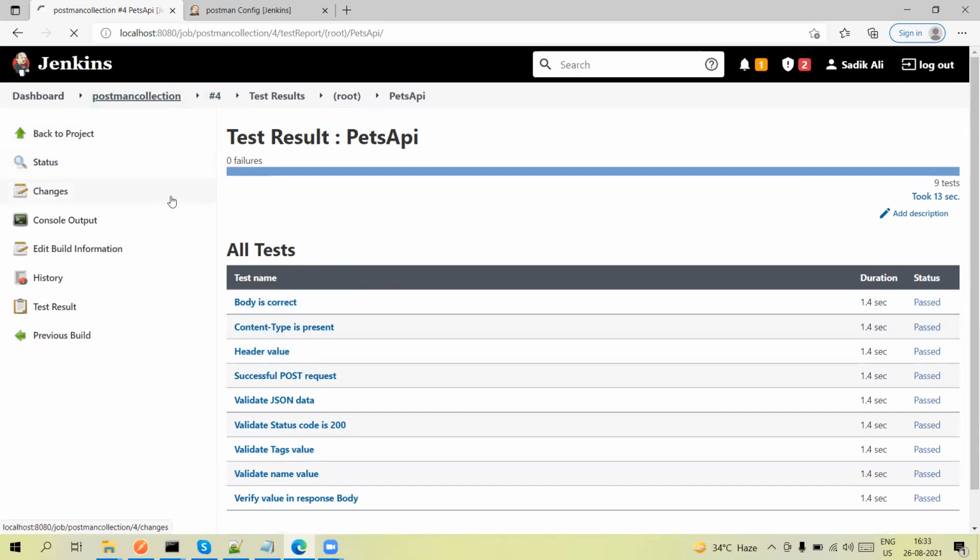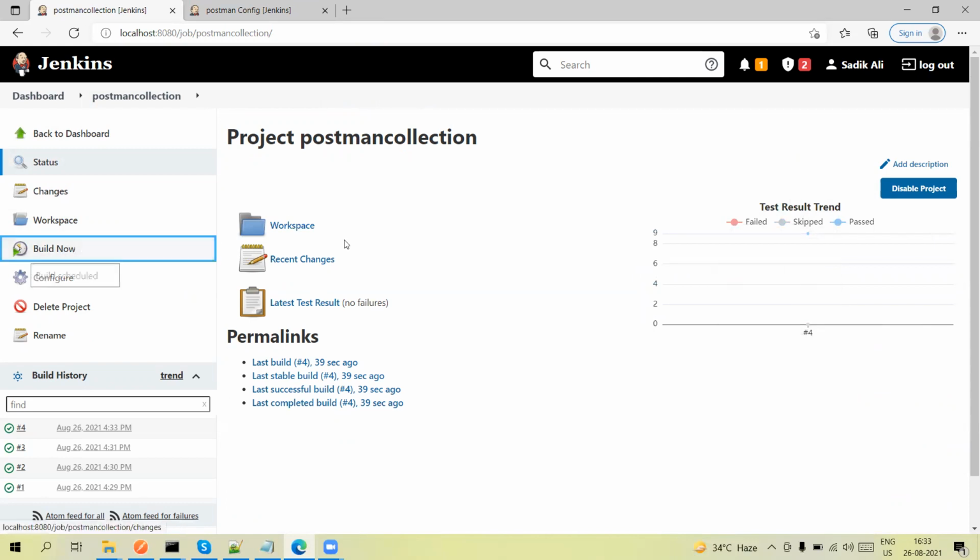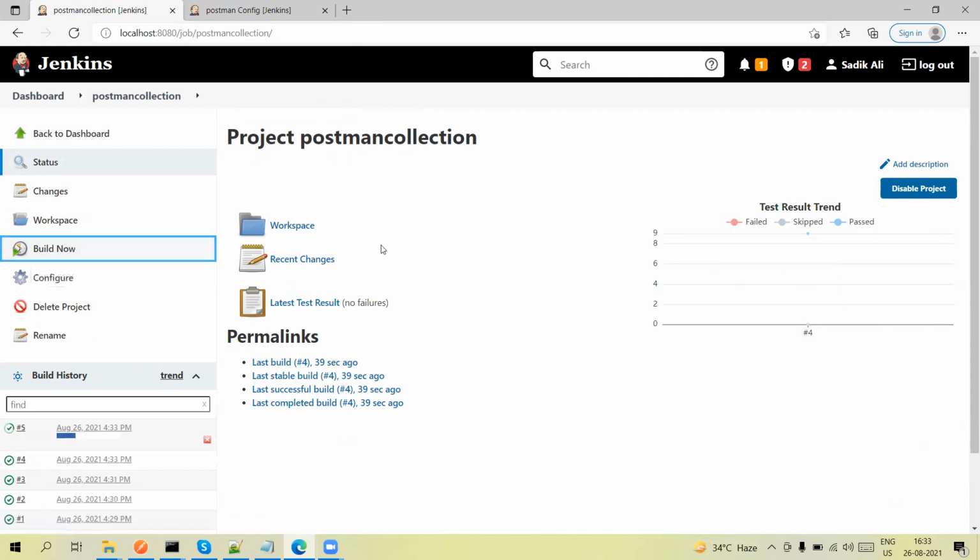If I run again, the first time you will not get the trend reports; it will show blank data. On the next execution, if we get two reports, then you will also get the reports here in the test result trend section.